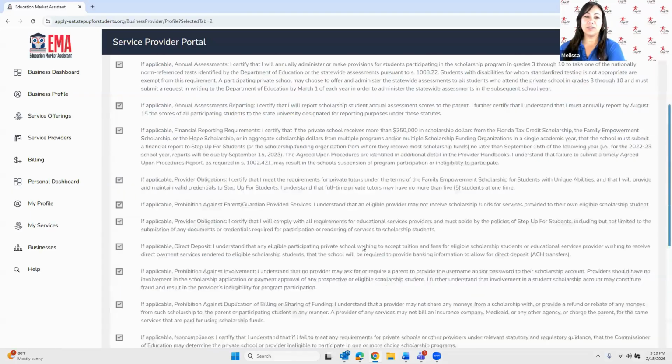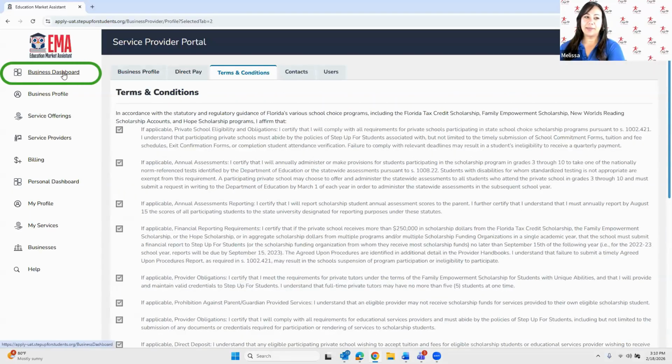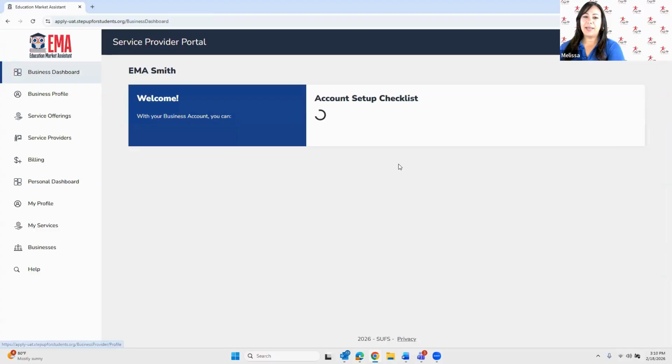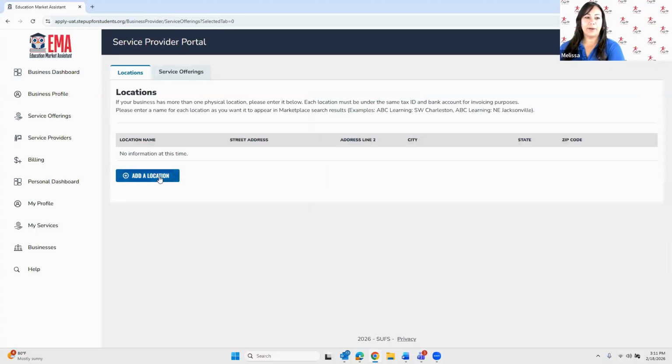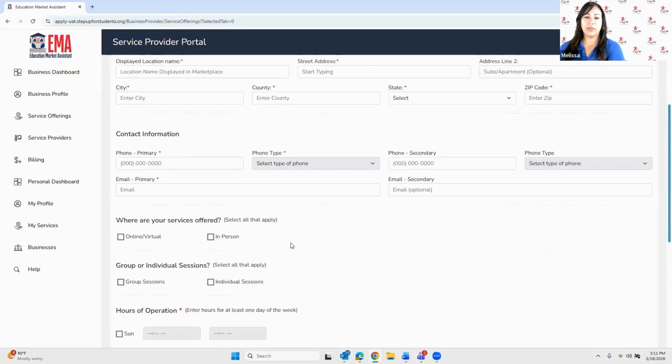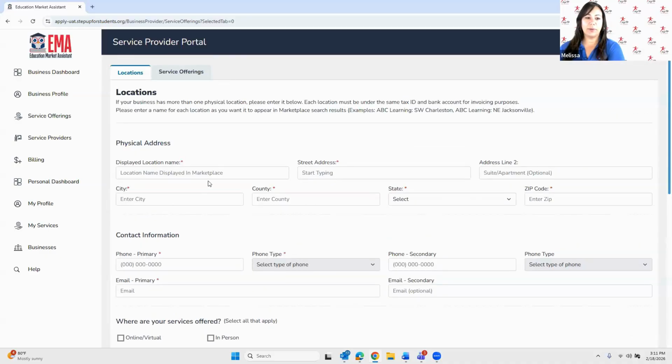Once the terms and conditions are submitted, we go back to your business dashboard, and the next step will be adding a location. Here, you'll click Add a Location, and we're going to add the information of where the services are going to be rendered. Again, you'll fill out the information in each of the boxes. Now, the displayed location name will be your business name or how you would like the name to be displayed